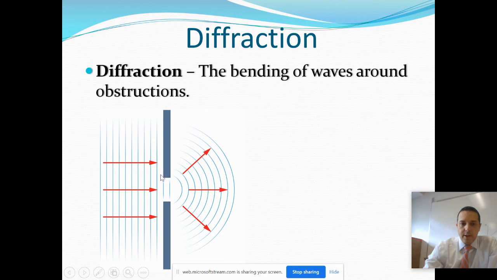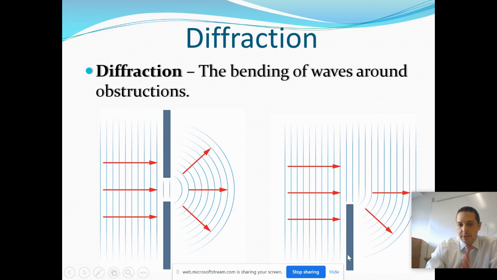As the wave strikes the wall, the parts of the wave that strike the wall either reflect or are absorbed by the wall. But at the opening, the waves pass through the opening and bend around the boundary. Let me show you another example. This is a partial boundary, so not an opening, but the waves are striking the boundary in this right-hand example. Behind the boundary, in the section that I'm hovering over with my mouse, the waves bend around it. You see the second example a lot if you've ever been on a pier or seen waves lapping up against some sort of discontinuous boundary, with the ripples bending around it.